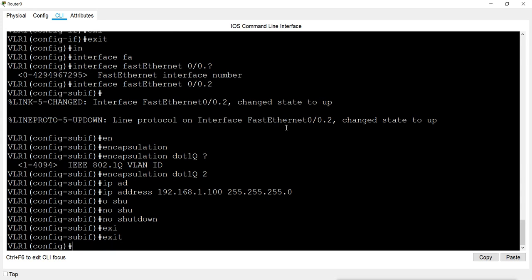So this is how I configure one interface, same as I will configure the other two logical interfaces for the other two VLANs, VLAN 3 and VLAN 4. So same. Interface fast ethernet 0/0.3 I will create for VLAN 3.